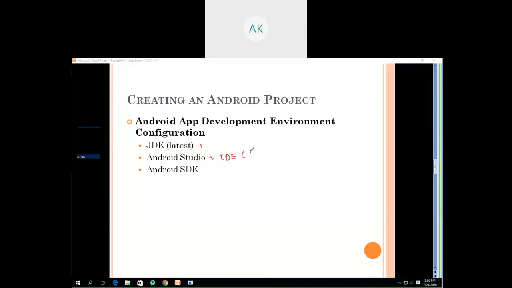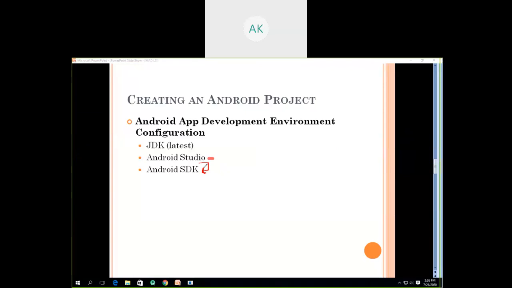This is developed by the company called JetBrains. So you can install Android Studio. Then, additionally, there is the Android SDK. You don't need to install it separately. Once you install Android Studio, it will automatically install the Android SDK for you.